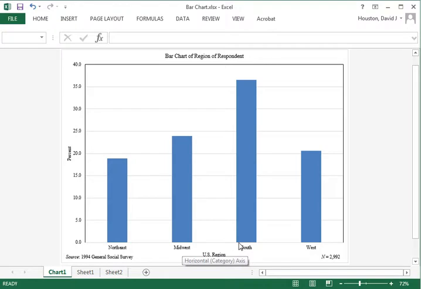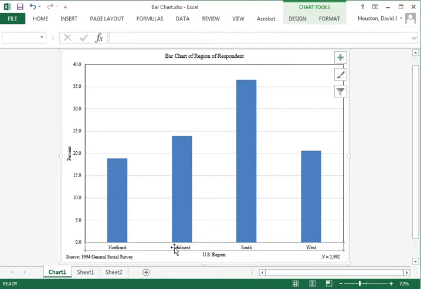To have the border completed, and I like to have this border on the bottom here, below each one of these bars, I'll move the cursor to the area where the category labels are reported for that x-axis.